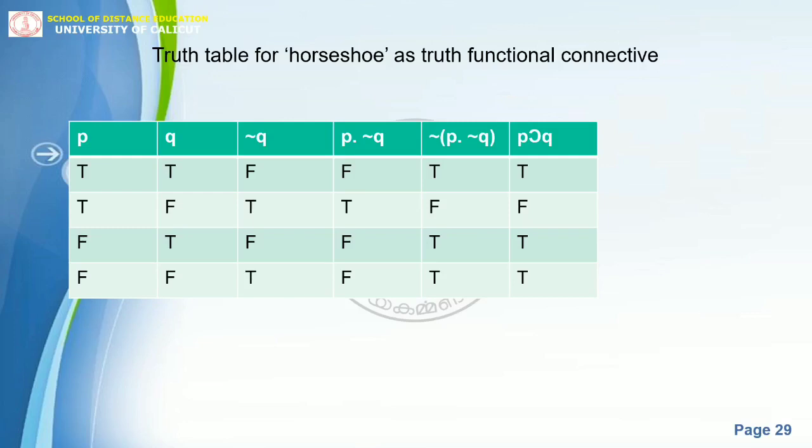In the next row, if P is false and Q is true, then negation Q is automatically false. Then P conjunction negation Q is false, and negation of P conjunction negation Q is true. In the last row, if P is false and Q is false, then negation Q is true and P conjunction negation Q is false, then the negation of P conjunction negation Q is true. So we can see that only in the second row